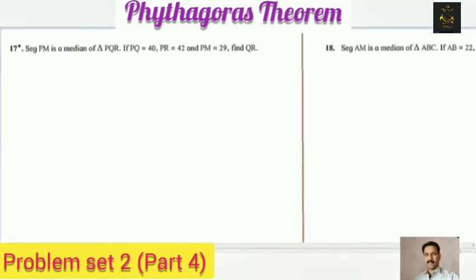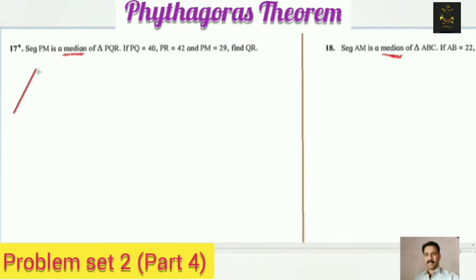See here, these are the last two sums, which are absolutely similar. They depend upon Apollonius, because the word median is given. Whenever I told you in the explanation, whenever the word median or midpoint appears, here also median is there, so at that time we have to apply Apollonius. First of all, draw the figure, okay friends. See here how we can draw the figure.